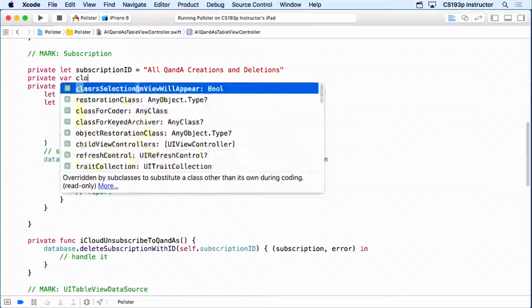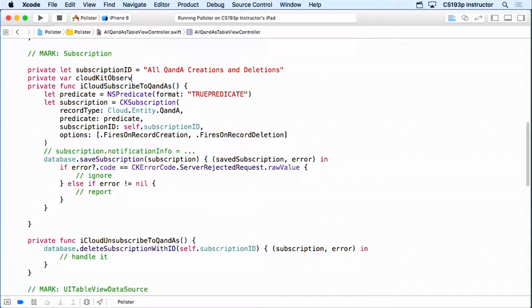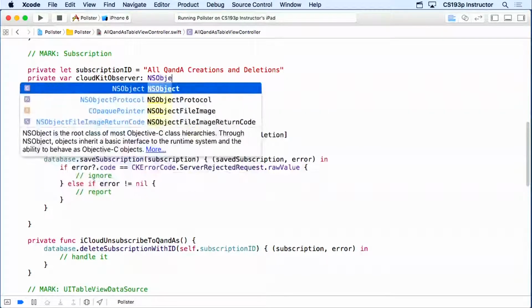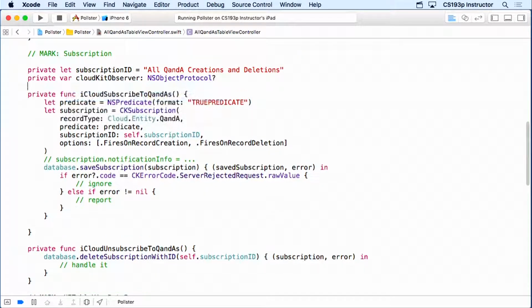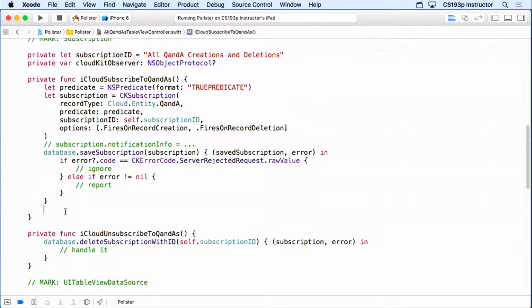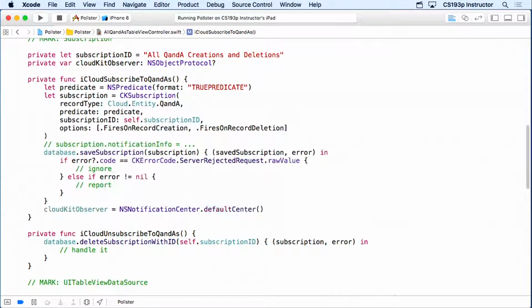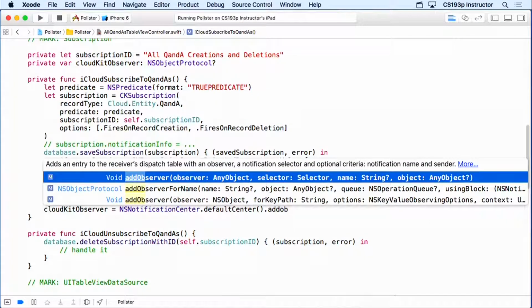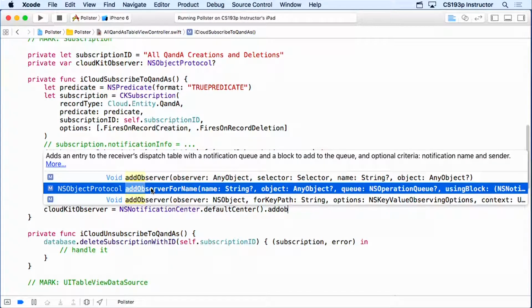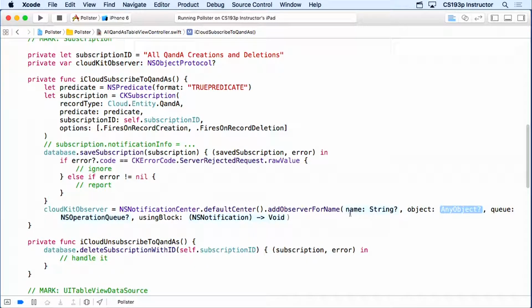So private var, we'll call it cloudKitObserver. It's going to be an NSObjectProtocol optional right there. Okay, I'm going to say cloudKitObserver equals, and I'm just going to ask the notification center if I can please listen to that radio station by saying addObserver forName. It's this one. Okay, again,